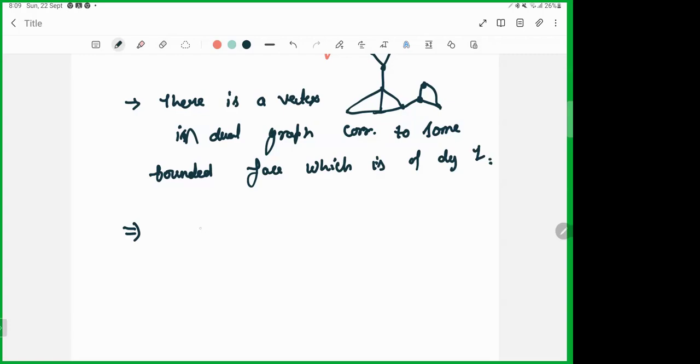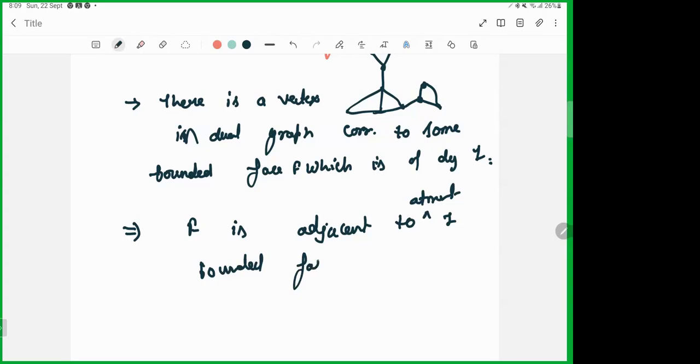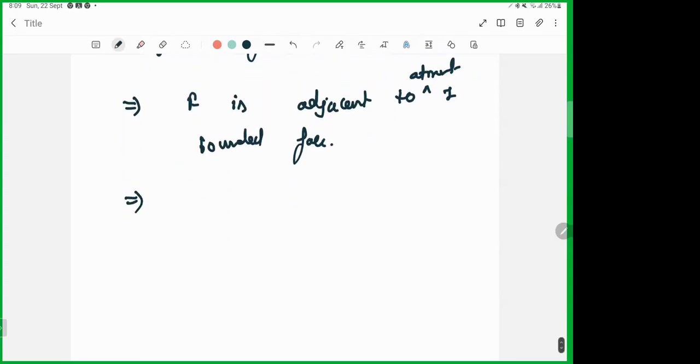So that means that this bounded face, let's say f, is adjacent to at most one bounded face. So the vertices that bound that region, among the vertices which bound f,